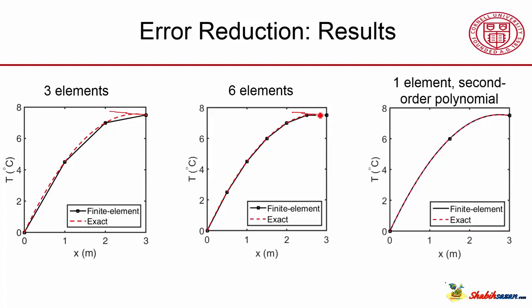And then I'm also showing you the result with a second order polynomial with just 1 element. Okay, so this is 1 element with 3 nodes. And I have a quadratic shape in between in that element. And this is a special case where the assumed shape matches the actual shape exactly. And if that's the case, the finite element will, boom, it'll match it, it'll give you the right values. And here, with 1 element, there's no difference between the exact solution and the finite element solution when you go to the second order